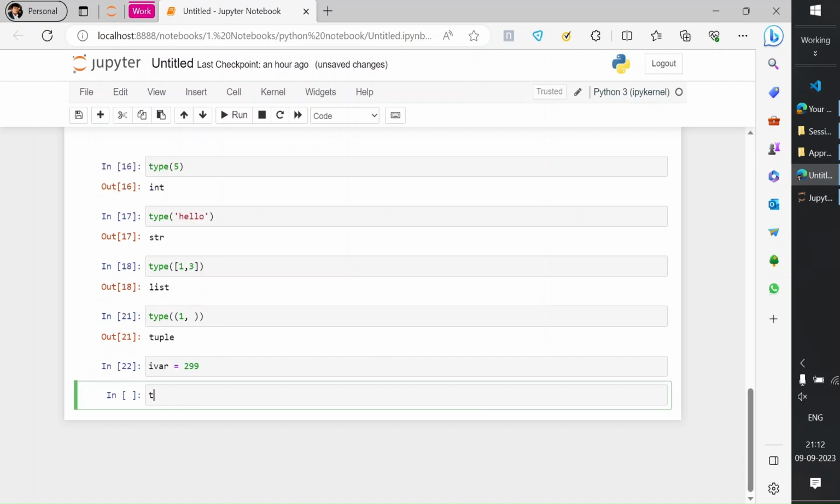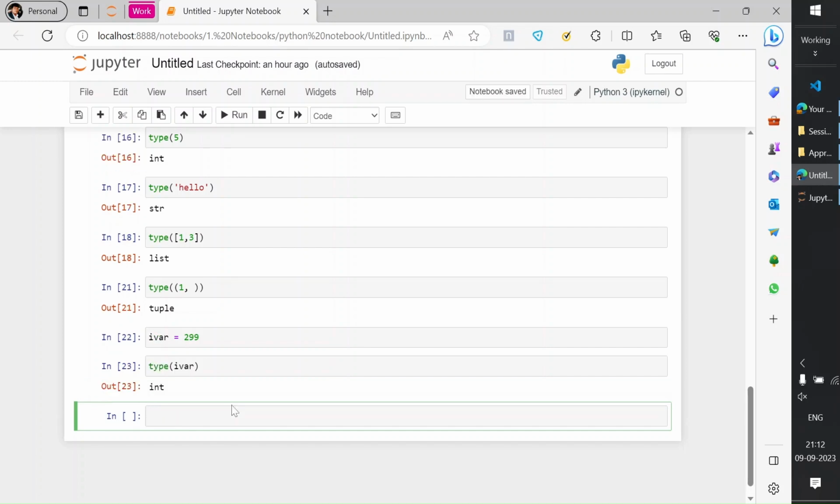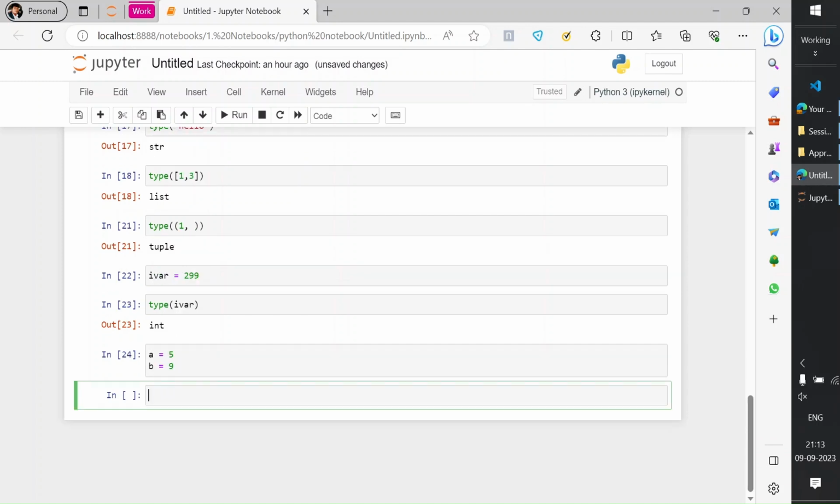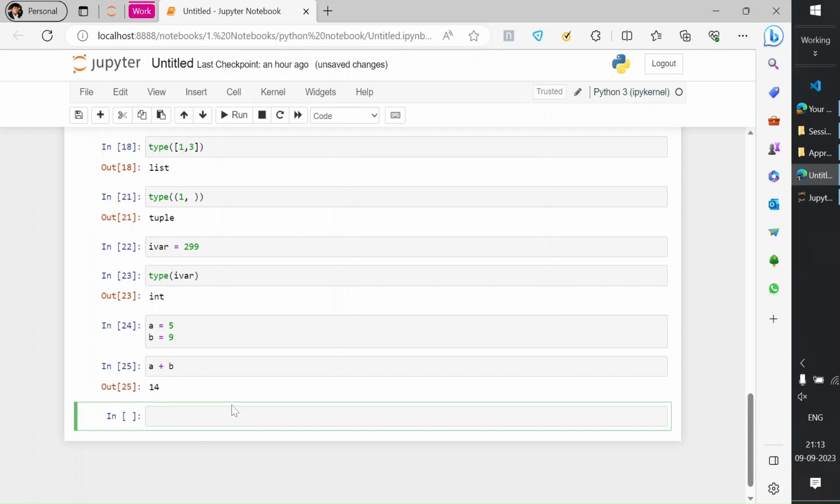Now I'm going to print the type of the variable. Can you guess what will be the output? Here you can see the type is integer, correct? So for example, if we have integer values, I'm making it very generic, for example, a equal to 5, and I'm just having another value, b, with 9. So I can do certain operations on it. For example, if I try to add it, just like a plus b, you can see the output is 14,